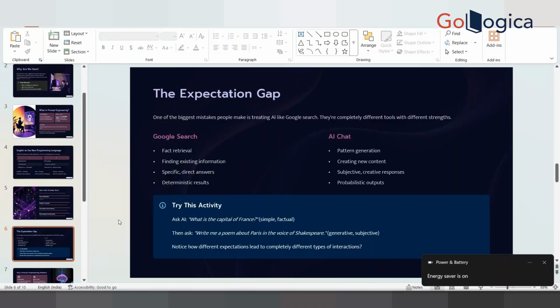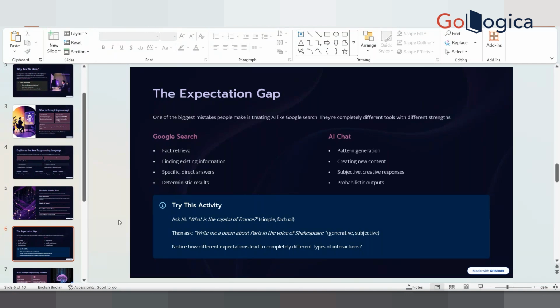So instead of fact retrieval, it is all about pattern enumeration, finding existing information. It creates new content for you. So it's like talking to someone about a book. That person has read that book completely, and you're talking about that book to the person. The person will not tell you on which page you will find what, but that person will explain to you what happens in which chapter. Or if you don't understand a certain situation in the book, the person will explain it to you. So it creates the content for you in AI chat.